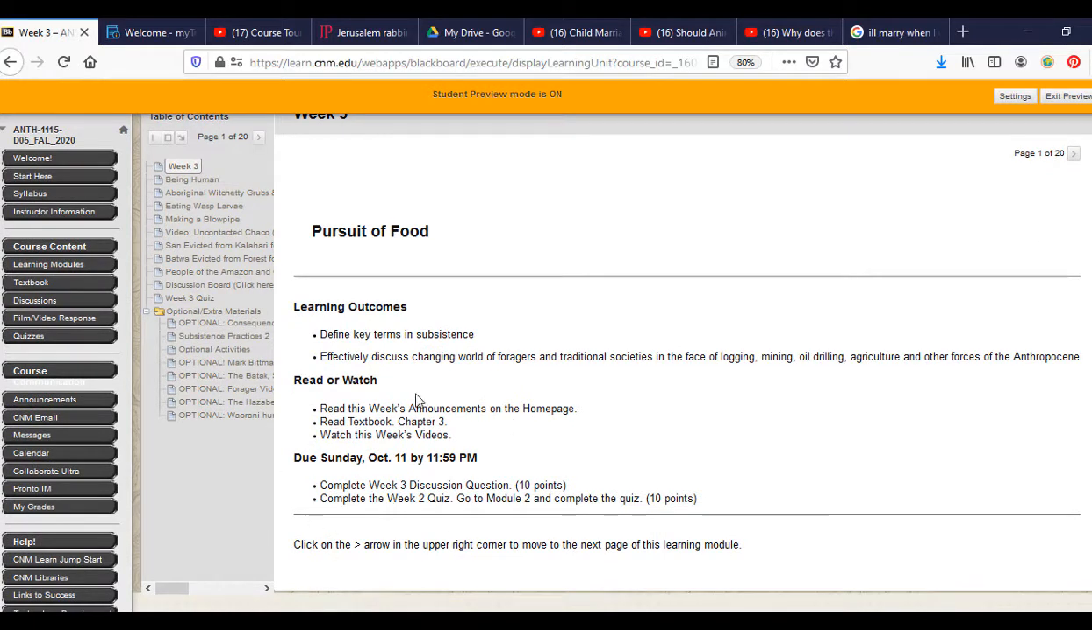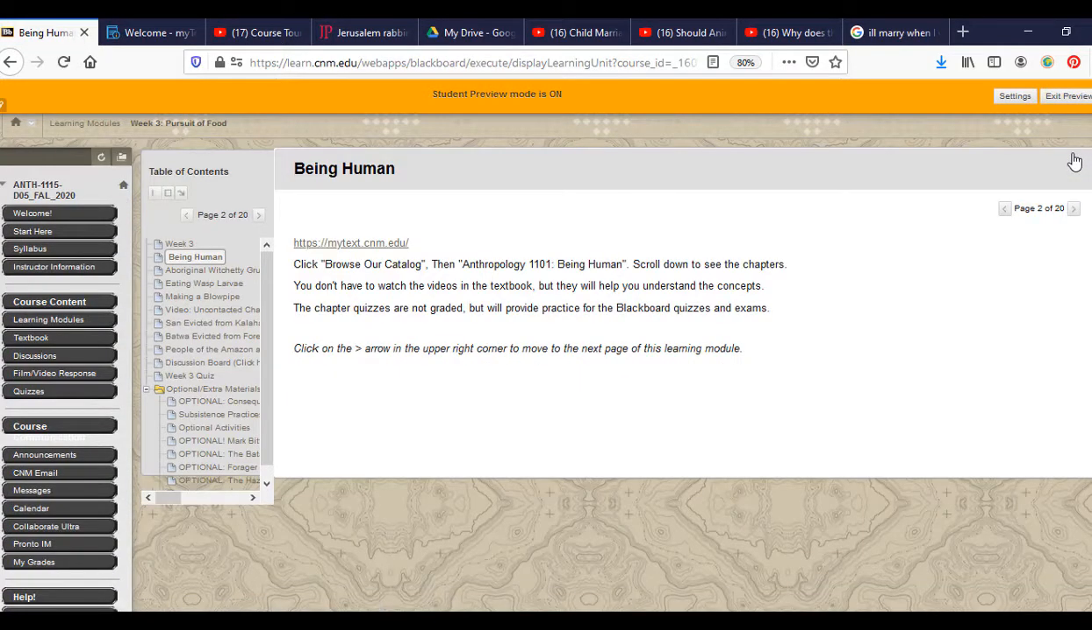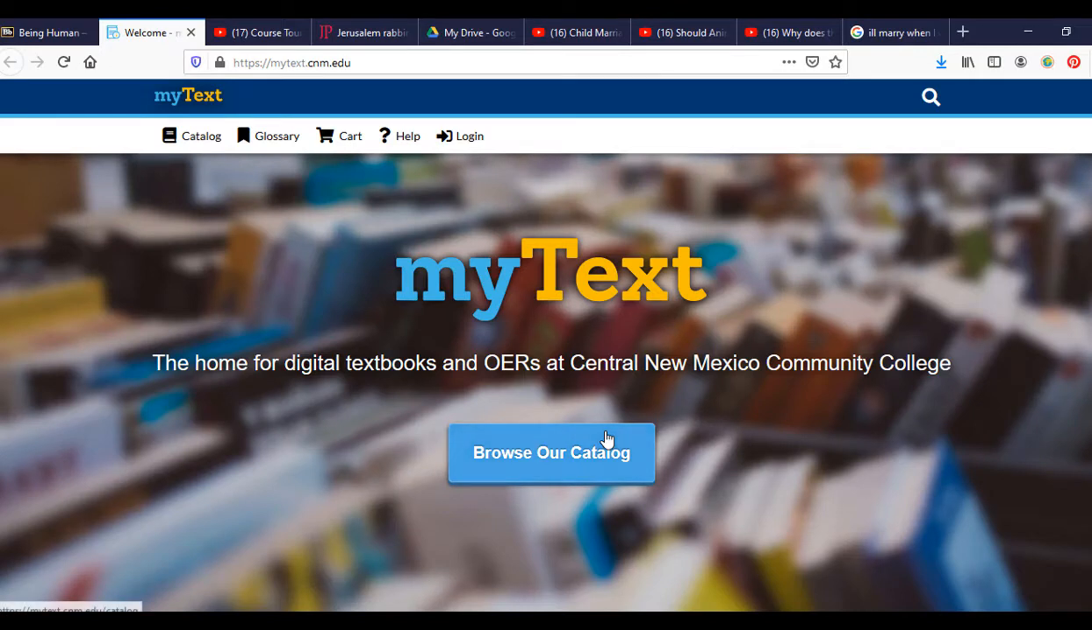And again, we have reiterated here basically the outline for the week. And here is the table of contents for what we're going to be doing this week. So you can access the content by selecting any of these links, or you can go over here to this little arrow and then click through to the next page in the learning module, which takes us to the textbook. So you just click this link, it'll take you to the textbook,